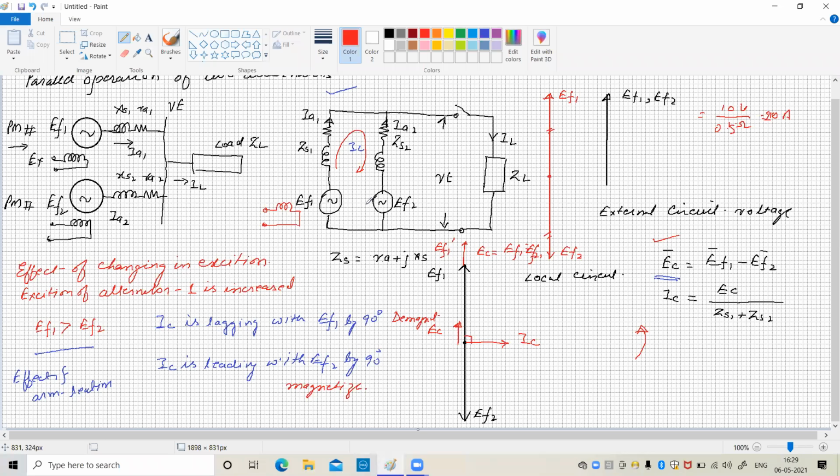Now under load, what happens? What would be the change under the load condition? It is a long discussion, but okay. Second, we will take the effect of change in mechanical input under no load condition. Okay, so the second topic is